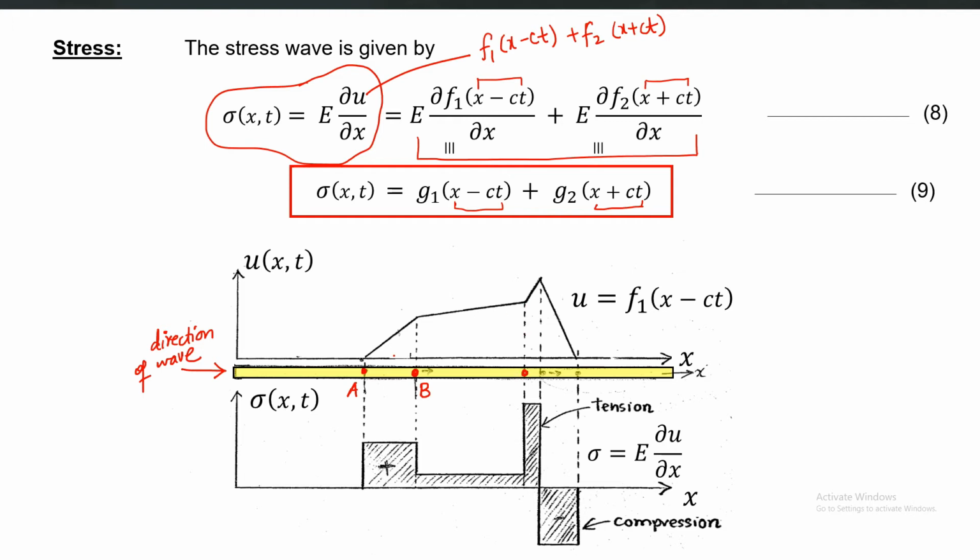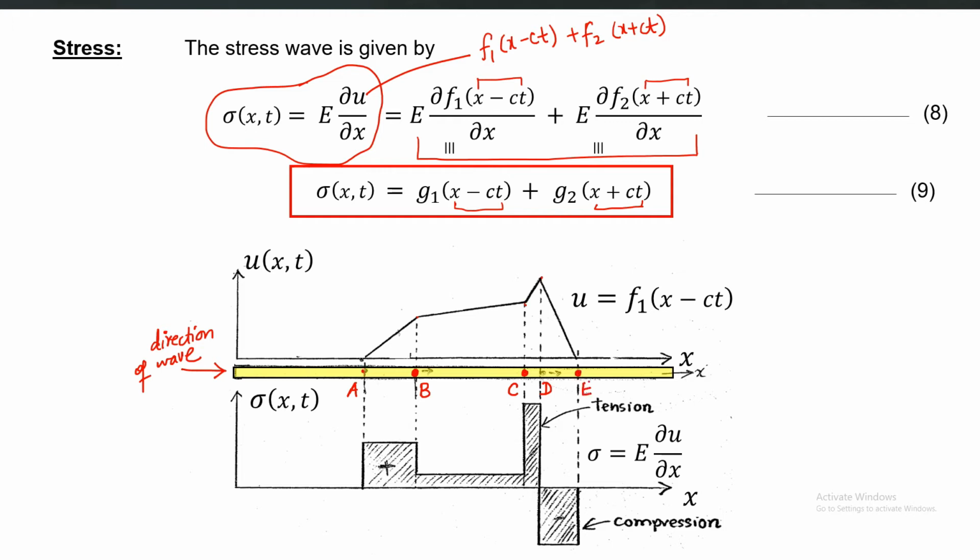So B point has moved relatively to A, has moved toward the right. But C point has again moved relative to B point, because the displacement has increased from B to C. From C to, let's say, this new point which is D, again there is a sudden increase in displacement. So D point also moved towards the right hand side relative to point C. And let's say this last point is point E.